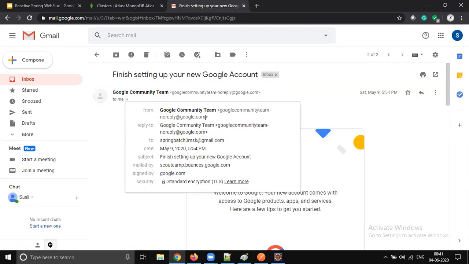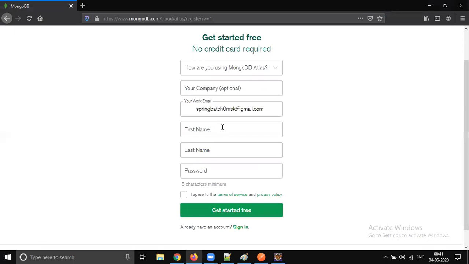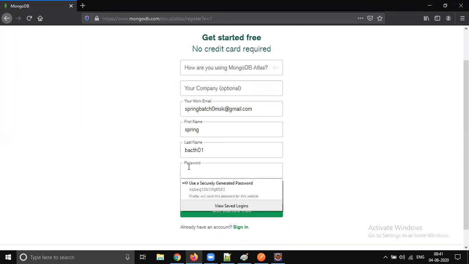Yeah, this is the Gmail ID, right? So let's use this Gmail ID. First name is Spring, last name is Batch 01. The password, let's give some random password.